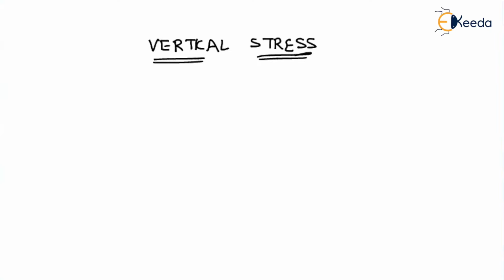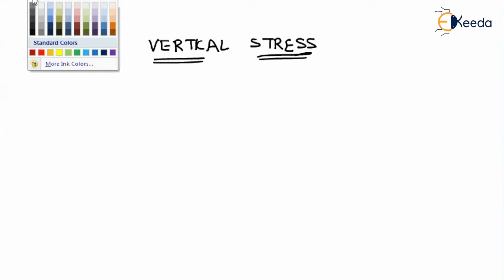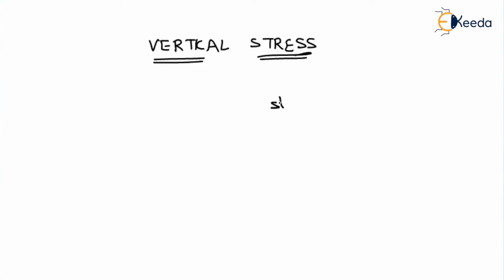Okay. Now, let us first see what is meant by a stress. In general, we will represent this by using the symbol sigma. So, what is meant by a stress? Is it applied force by area? No. It is always the resisting force per unit area. To be in equilibrium, the resisting force should be equal to the applied force.